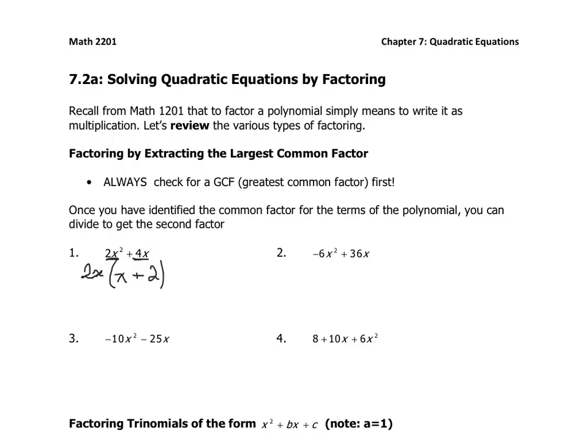You can do a quick check to see if you did it right by multiplying 2x times x, and you'll get the 2x squared, and then 2x times 2, and you'll get back the 4x. So you know that what you have there will multiply to give you what you started with. Alright, so we look at the second one, look at the numerical part, and normally what I would do is, if the first term is a negative,